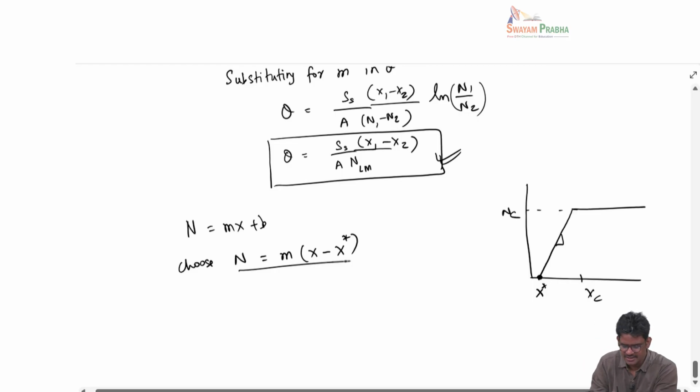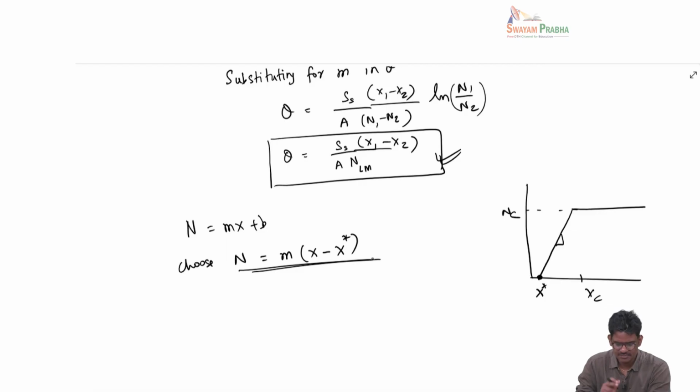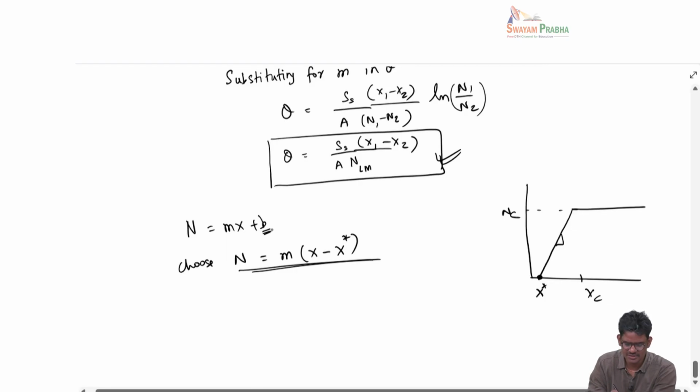So then I can write the falling rate as m times (X minus X star). All we are doing is saying that this constant b is nothing but minus mX star. With this you can rederive this, and I'll give the final equation. You can test this out. You will get Ss by A times Nc